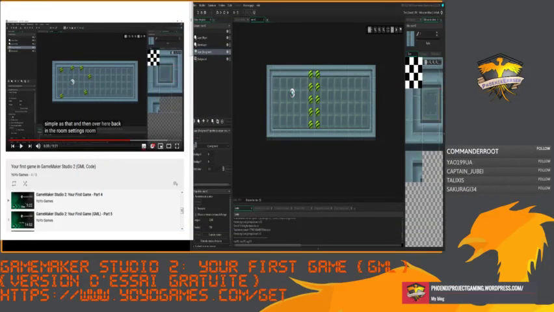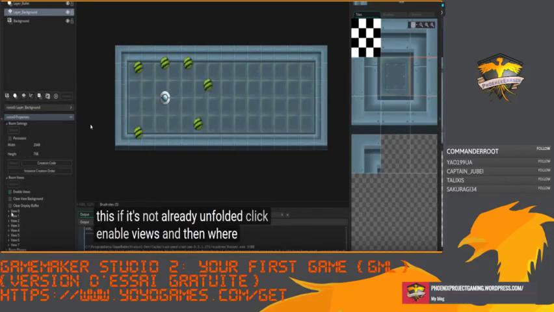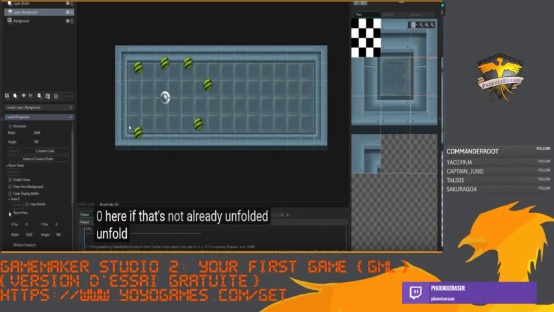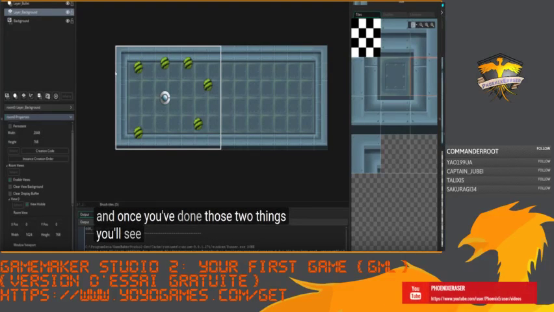Ok, nickel. Room settings window where it says room views. Unfold this if it's not already unfolded. Click enable views, and then where it says view 0 here, if that's not already unfolded, unfold that and select view visible. Okay, once you've done those two things, you'll see